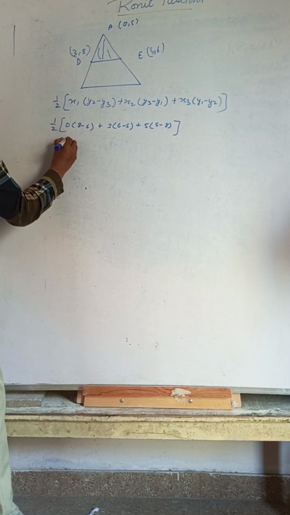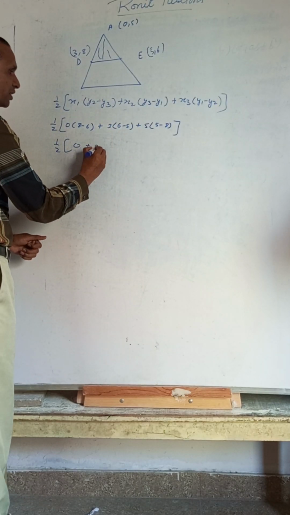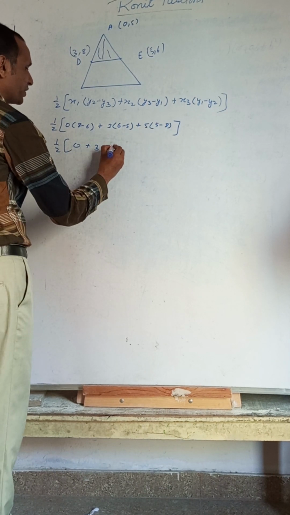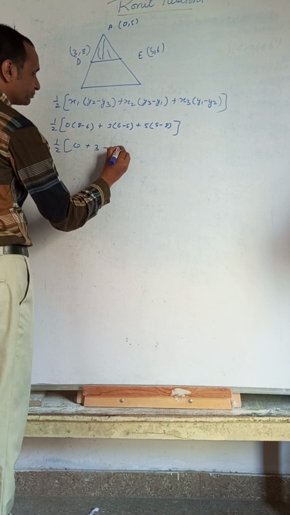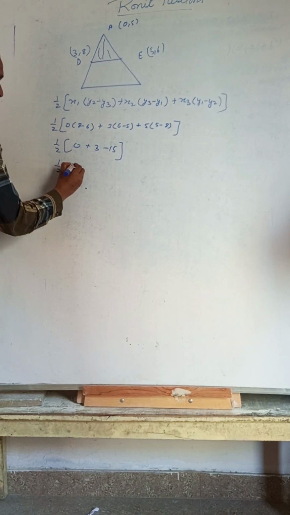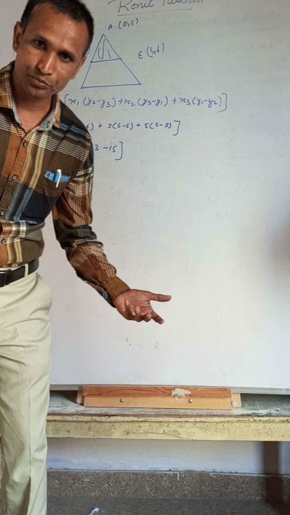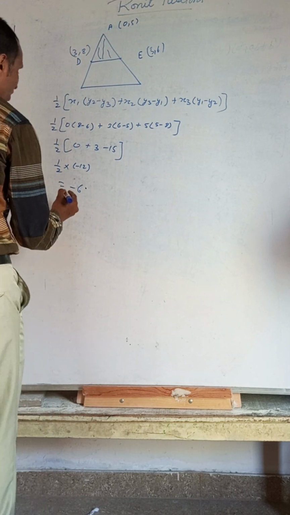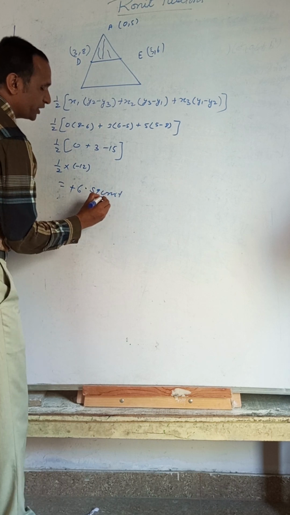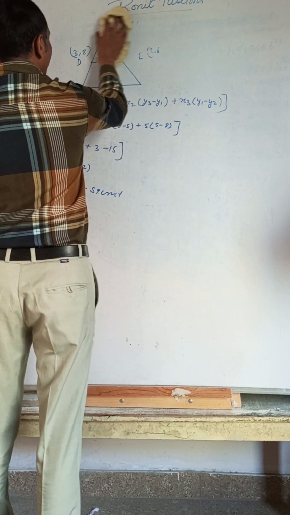So now half into this. 0, then plus 6 minus 5 is equal to 1, 1 into 3 is 3, plus 5 minus 8 is equal to minus 3, minus 3 into 5 is minus 15. So 1 by 2 into 15 minus 3 is equal to minus 12, then is equal to minus 6. Okay, area cannot be negative. Area will never be negative, so we are writing positive 6 only. Positive 6 square units is the answer. Next we are going to the next question, that is to find the mean, mode and median.